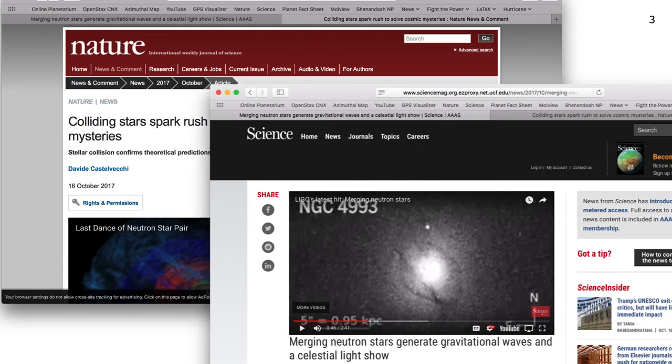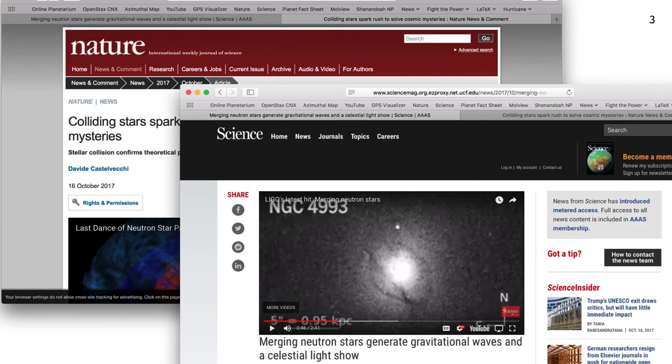Now, I've set up a couple of articles linked to the additional readings page in web courses, and they're news level articles. So they'll have links to the fancy technical articles, if there are any. But for the most part, they should be legible and comprehensible to you guys. One is in Science, one is in Nature.